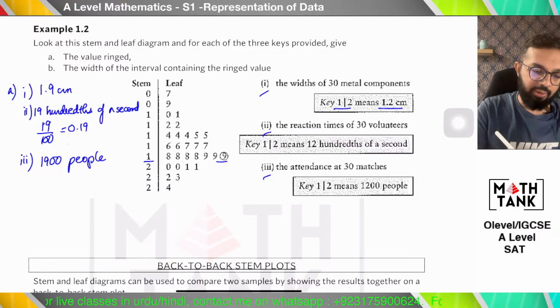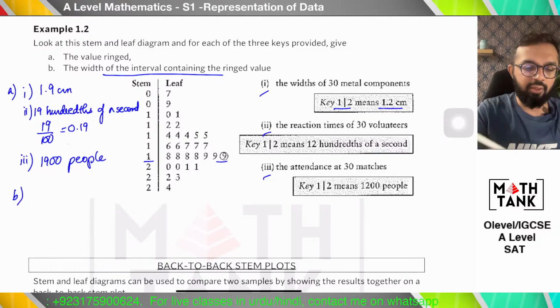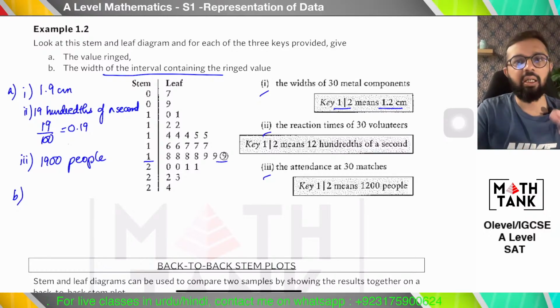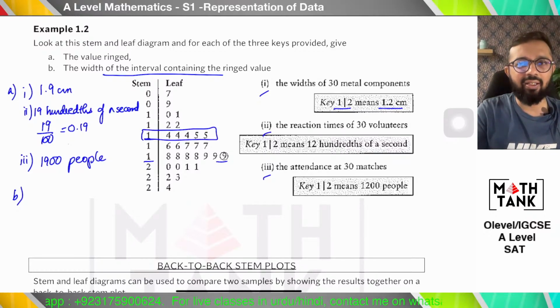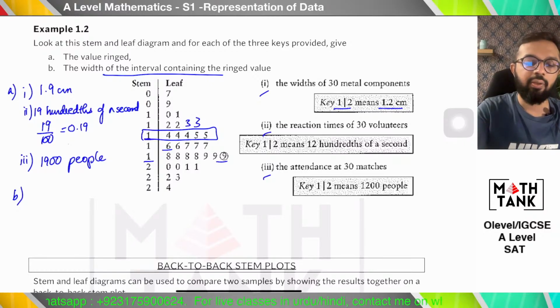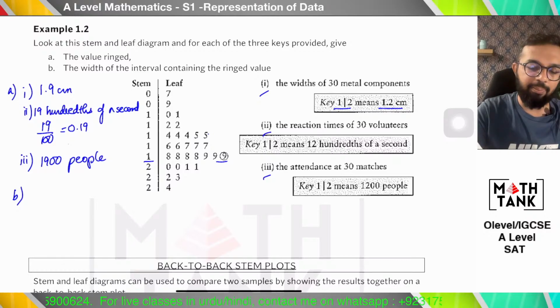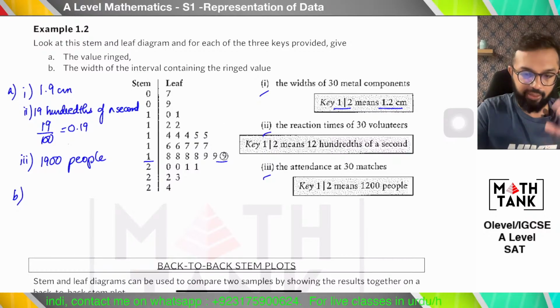Okay, इसका पार्ट 2 देखो, पार्ट बी देखो, the width of the interval containing the ringed value। अब width of the interval क्या होता है, अपर बाउंड्री माइनस लोअर बाउंड्री। अब अगर मैं यहाँ पे आपको दिखाऊं, इस वाले की बात करते हैं, इसमें कौन कौन सी डेटा सेट की वैल्यूज आ सकती हैं, 1/4 आ सकता है और 1/5 आ सकता है, 1/6 अगले वाले में चला गया है और 1/3 होता तो यहाँ पे आ रहा होता, सही है।